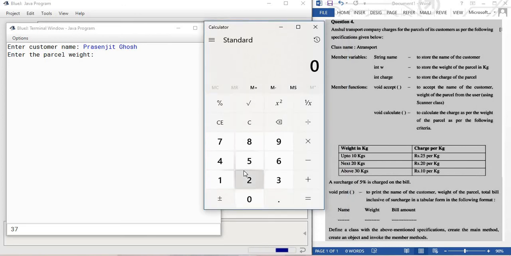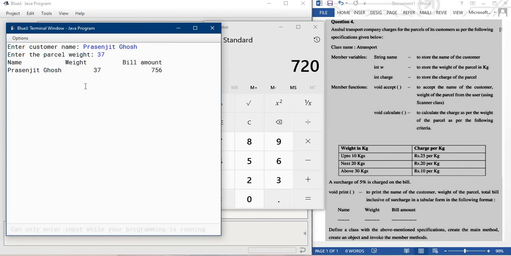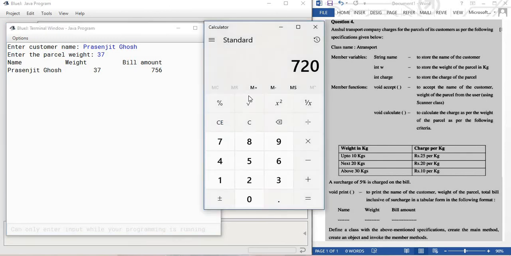Plus the next 20 kg means 20 into 20, which is 400, plus the additional: if you use 37 kg, then additional 7 kg. So 7 extra kg means 7 into 10, 70. So plus 70. Now you look at the output, 720. If I press enter here, you can see the 720. Now additional 5% of this 720, I'm doing the calculation.